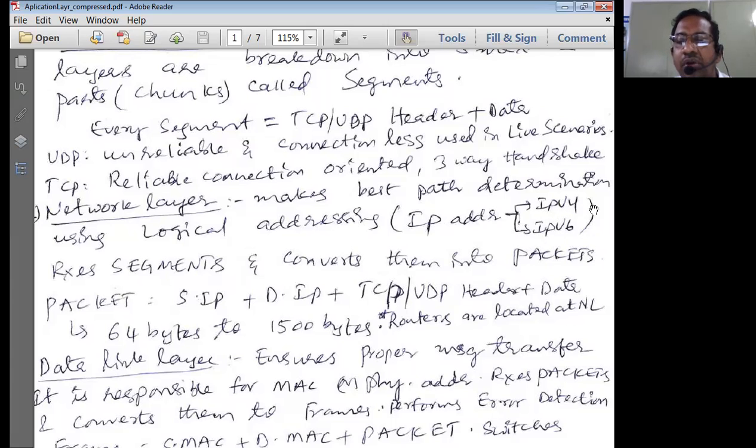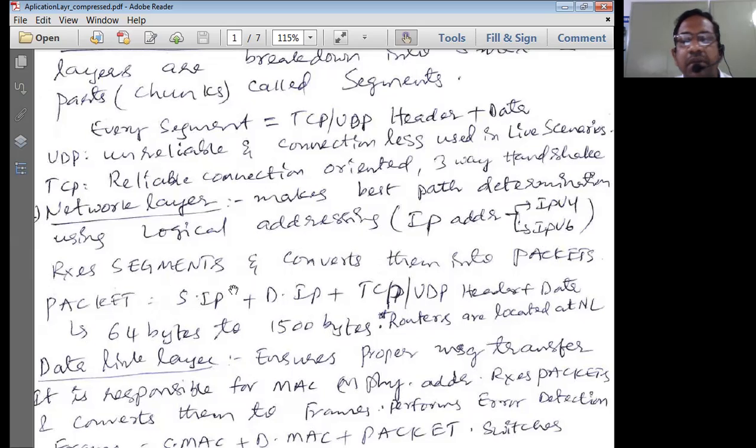IP version 4 and IP version 6 are the two popular protocols using which the network layer figures out the address. Every packet coming out of the network layer is going to have this IP version 4 or IP version 6 protocol, which contains the best path for a packet to get transmitted.